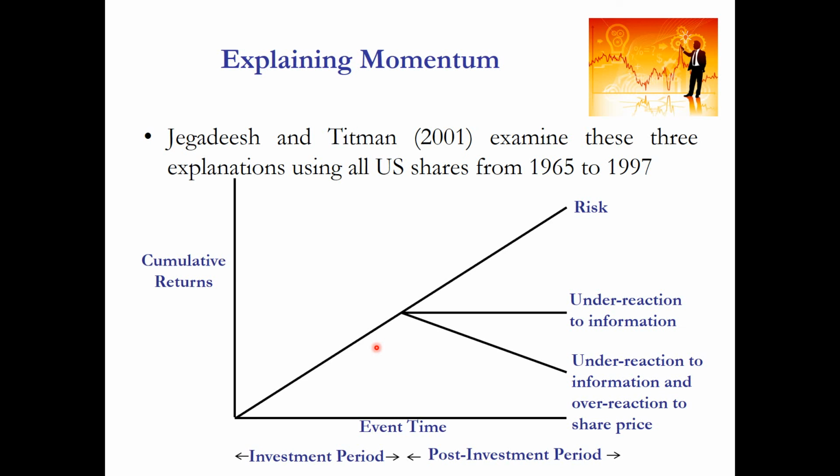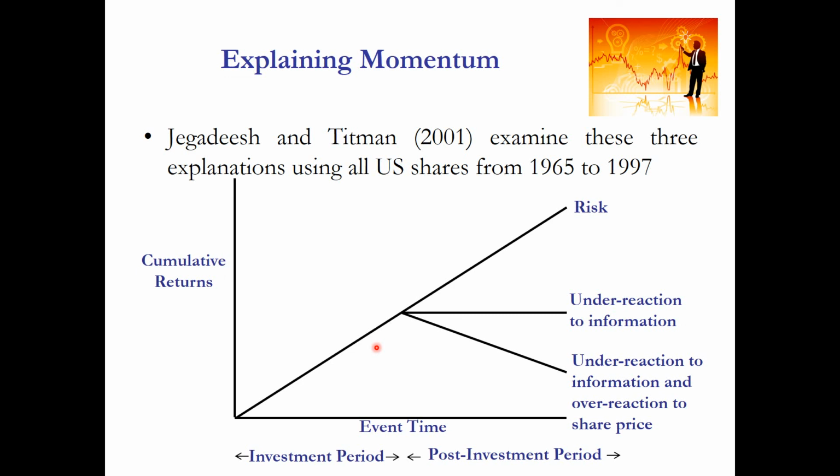Well, we might say that these arguments around underreaction or overreaction are merely beliefs or arguments based on the characteristics we know about the psychology of investors. There is some evidence, if we look at the performance of a momentum strategy, that is associated with this belief system. This is the research that was done by Jegadeesh and Titman in 2001, where they said that we can actually identify the root cause of momentum returns by looking at what happens to the returns of a momentum strategy in the period after our initial holding period of investment.